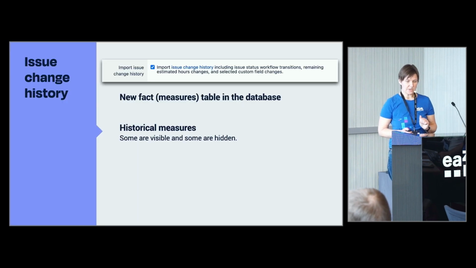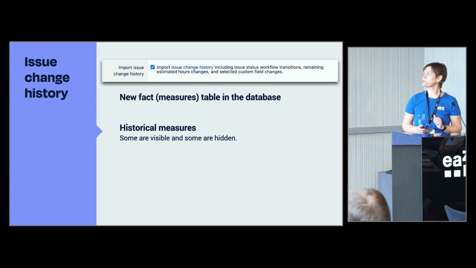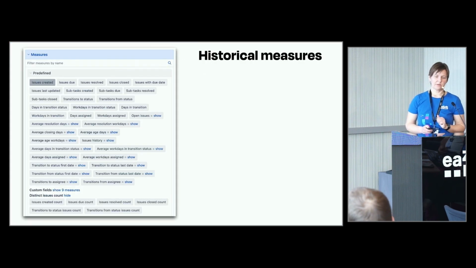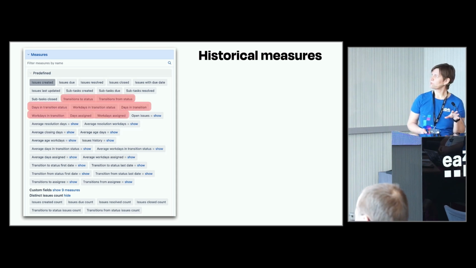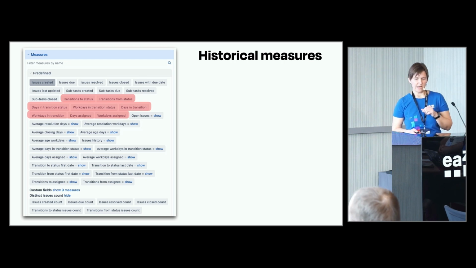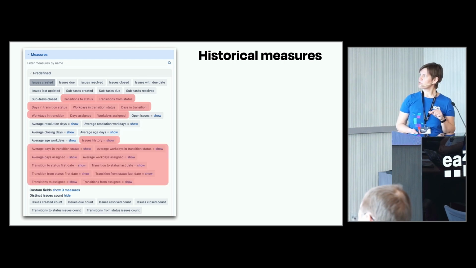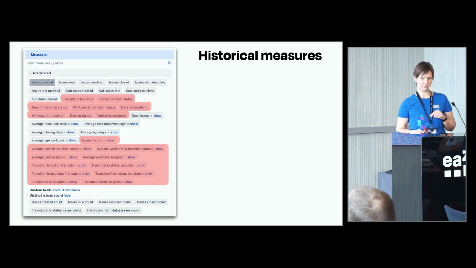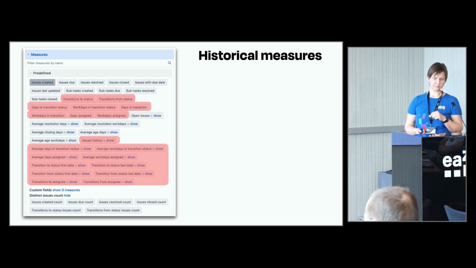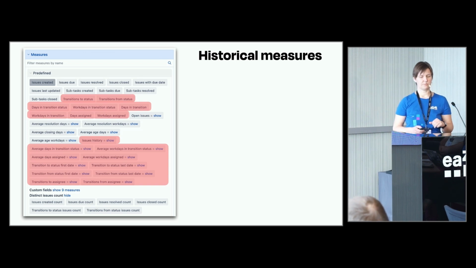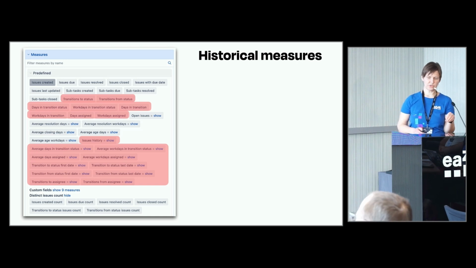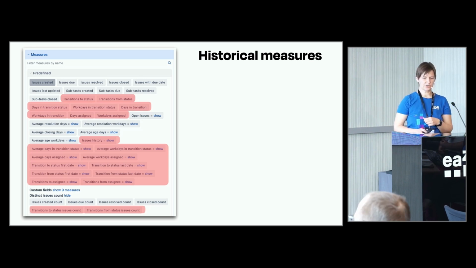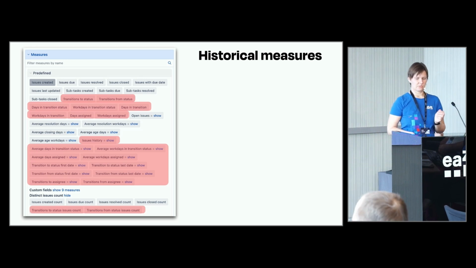So we have quite many new measures when we import historical data. There are some pre-calculated measures where there's no formula to edit. They are saved in the database. Some predefined calculated measures where you can check the formula, how they are calculated. But they are not grouped in one single subgroup, but are located together with the related content with core measures, distinct issues count. Also, there could be in a custom fields section, time tracking or sprints, which we do not